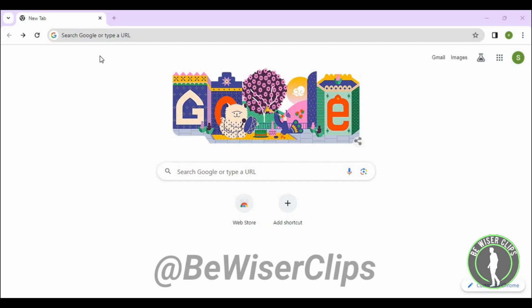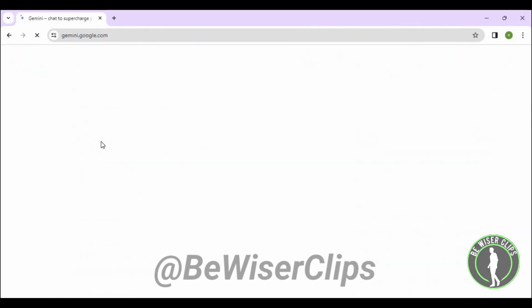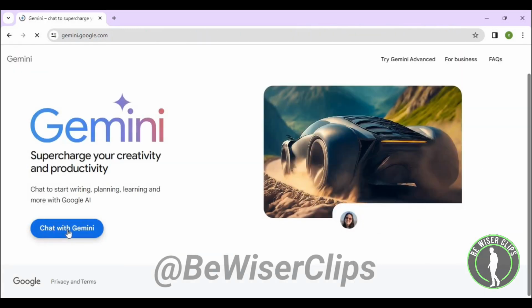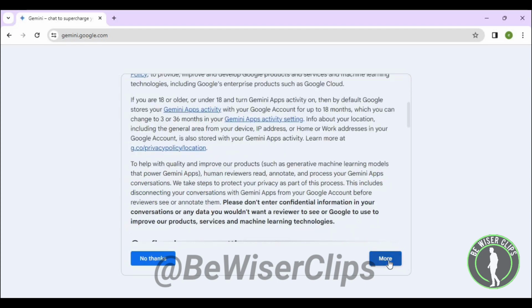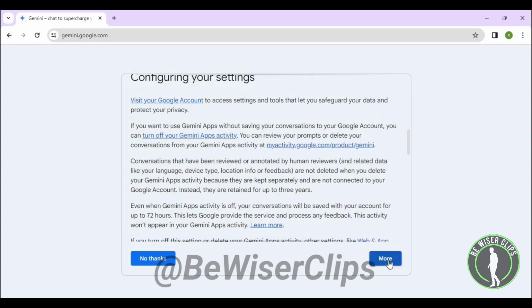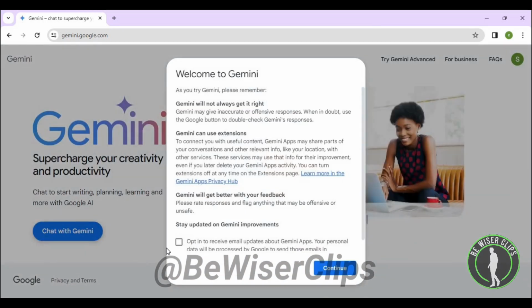So first of all, you will need to open any web browser in your system and then search for Gemini AI. Now select the first website. Now select chat with Gemini. Now select on more, again, and keep going on until you get this option right here called I agree. Now select on continue,